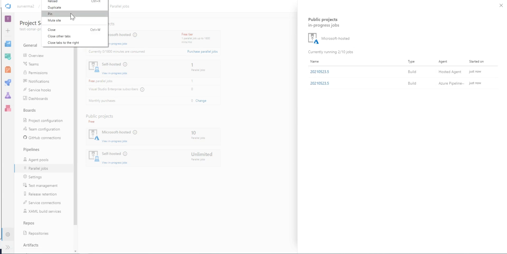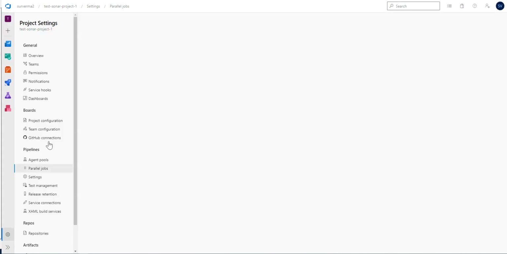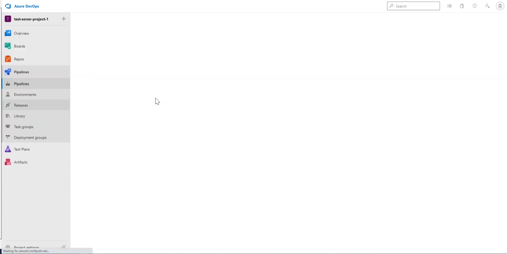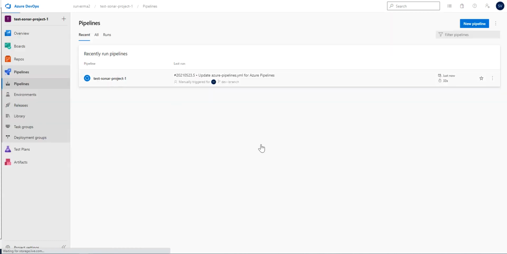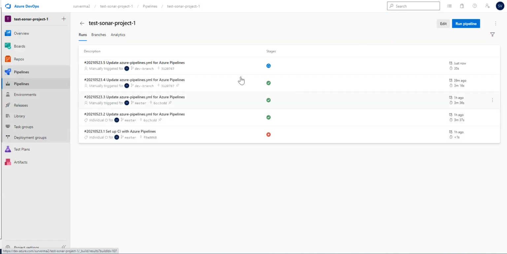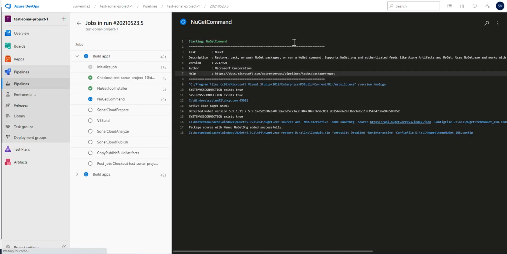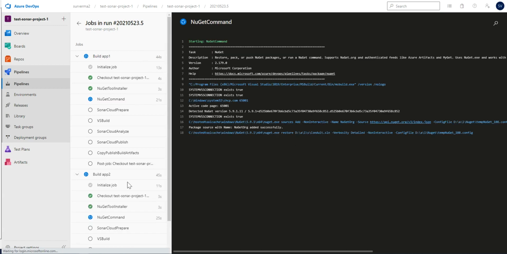Okay, so both are running. You can see their logs individually. This is build app 1 and this is your build app 2.